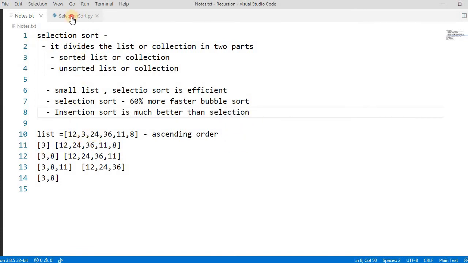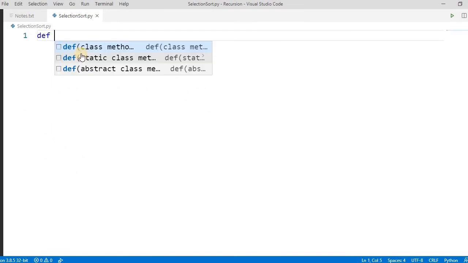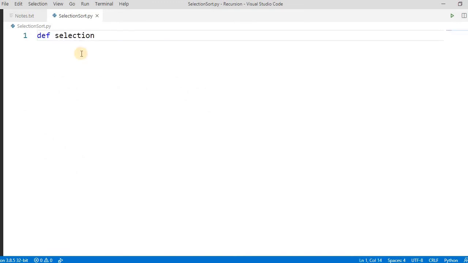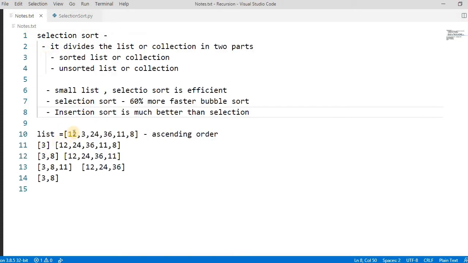Let's try to implement this. Let's create one method, selection sort, and we pass the list here. First we have to iterate through all the elements.